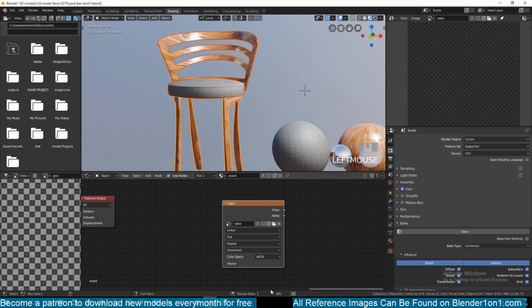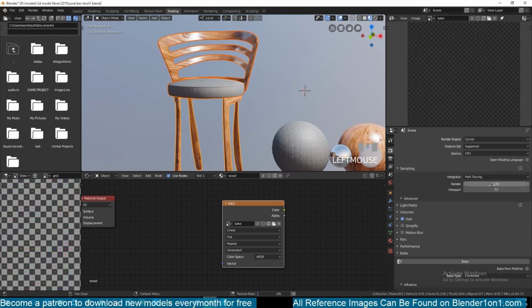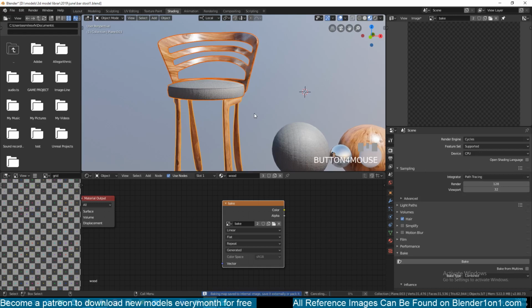If you hit bake right now, you see that it's going to take quite some time, because if we go to the samples, we have our render sample set to 128. That's a lot of samples for just a diffuse map. A sample of one is enough to render the maps we need, except if you're trying to bake something like ambient occlusion, which will require more than a few samples. But for diffuse, roughness, or a normal map, a sample of one is enough. So if we hit bake,